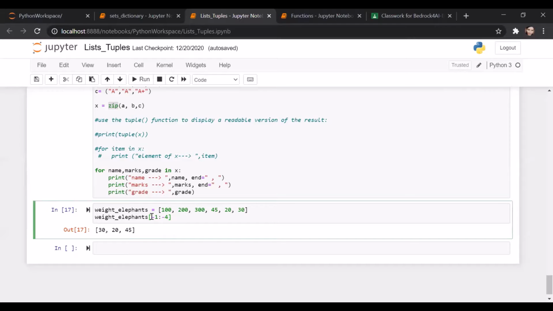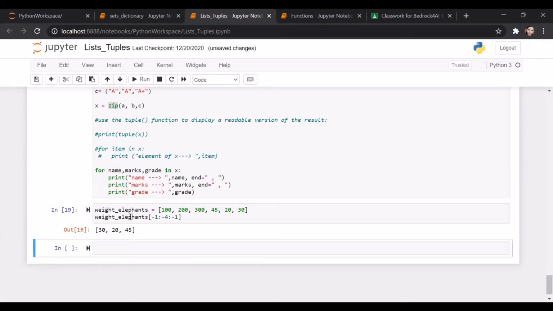I told it to go from -1 to -4, but if I've not provided the step size, it actually doesn't produce anything. So now, because I wanted to read in the reverse order, I also want the step size to be not default, but to be -1.